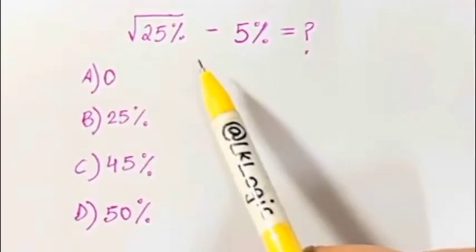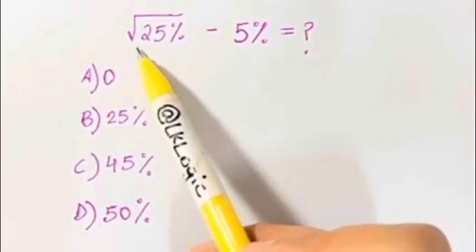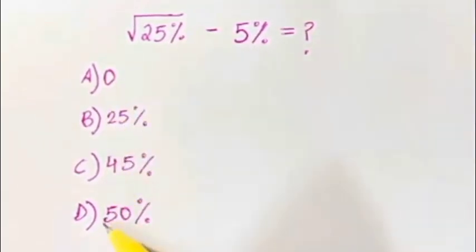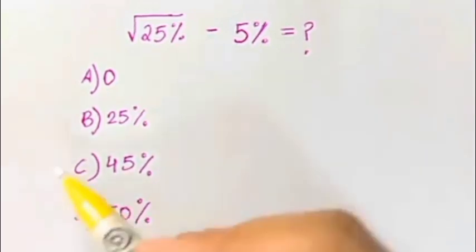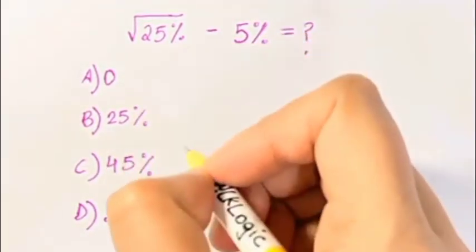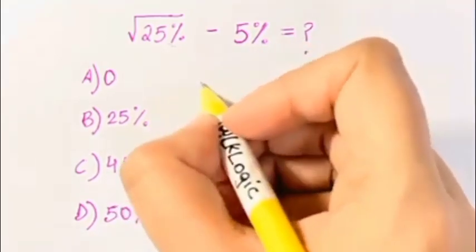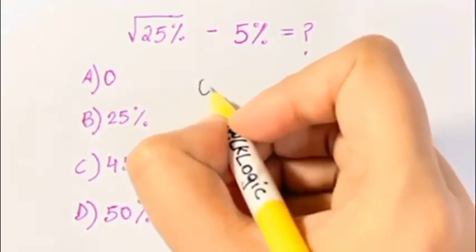Percentage problem for you all. Let's see how we calculate square root of 25% minus 5%. And you have four choices: 0, 25%, 45% and 50%. So what's the answer? So square root of 25% can be written in decimal as